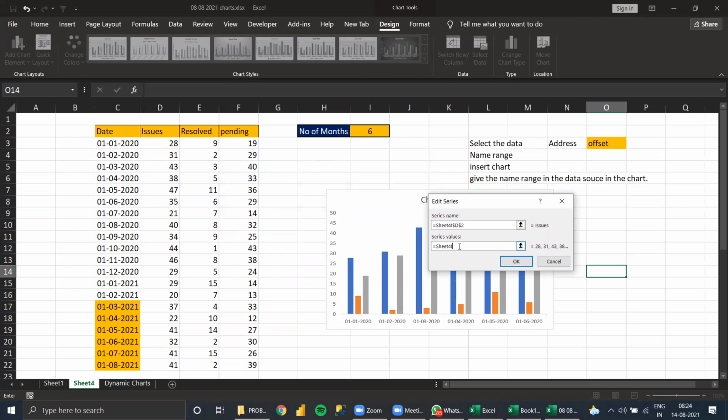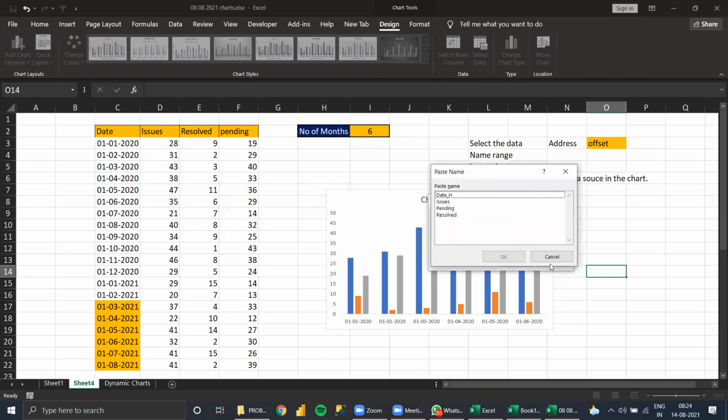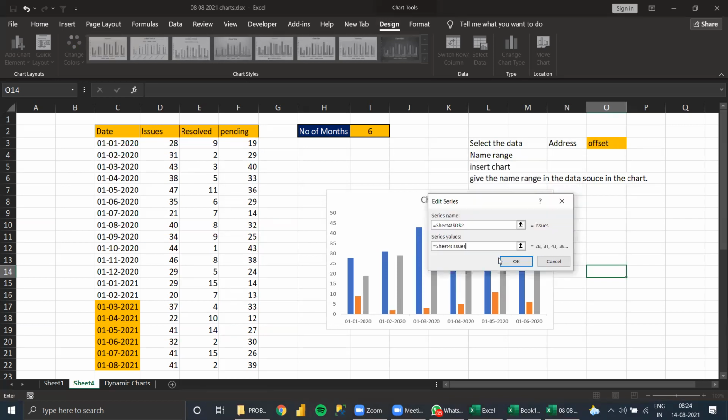You can type it or press F3. Keep the cursor here only, F3. When you press F3, all the name managers will come here. Now we need the issues column, right? Select Issues and OK. See here, sheet name, exclamation mark, issues. Then OK.